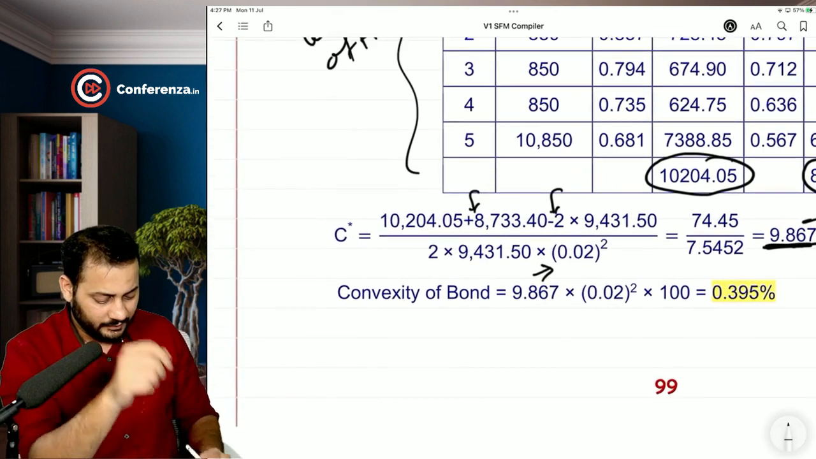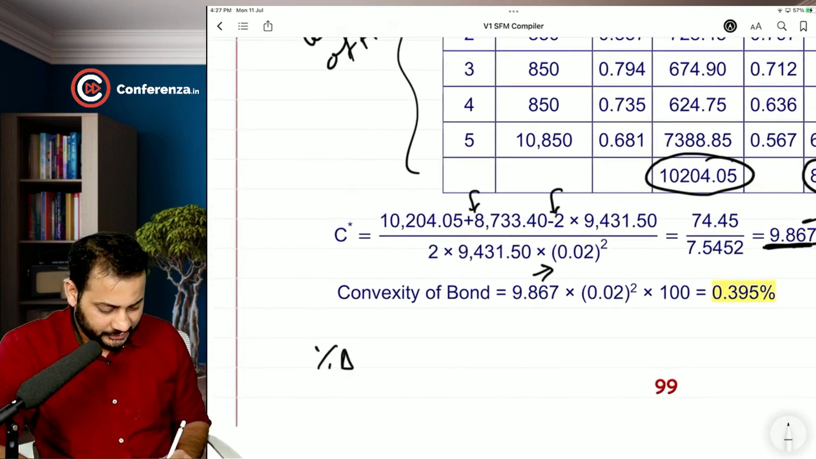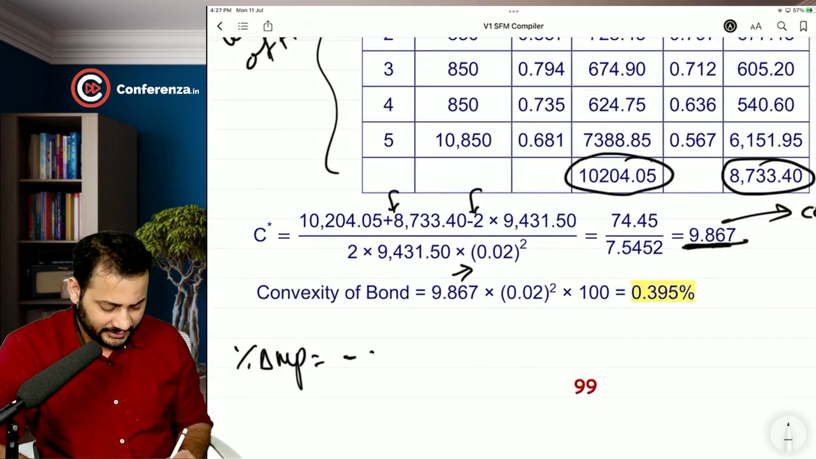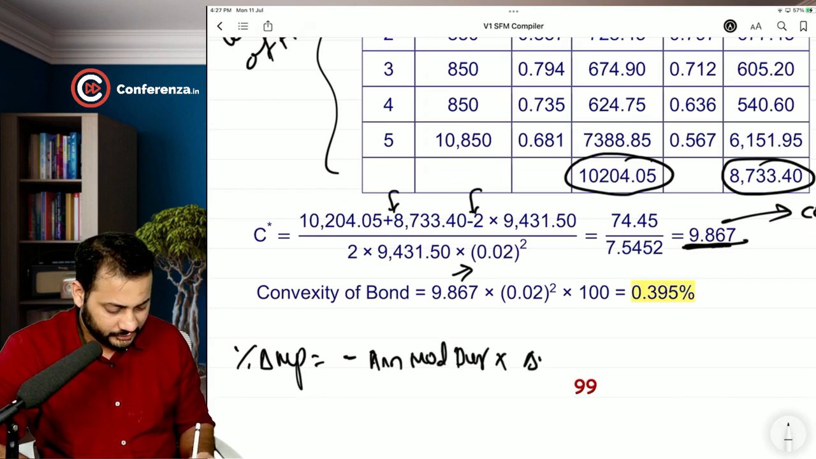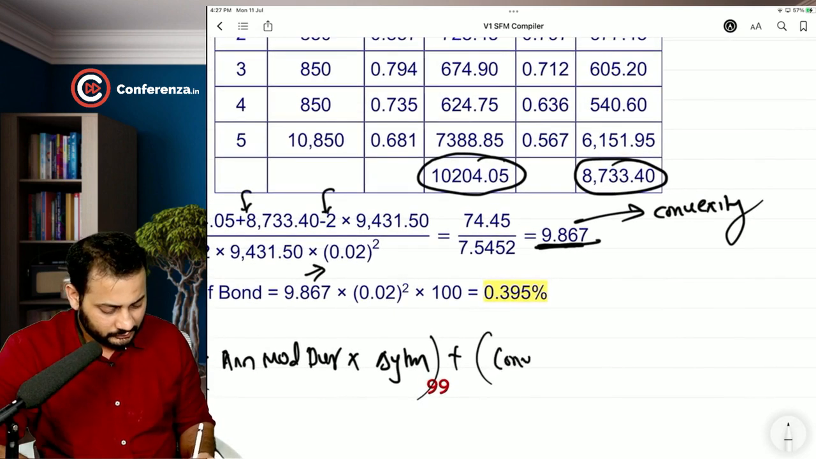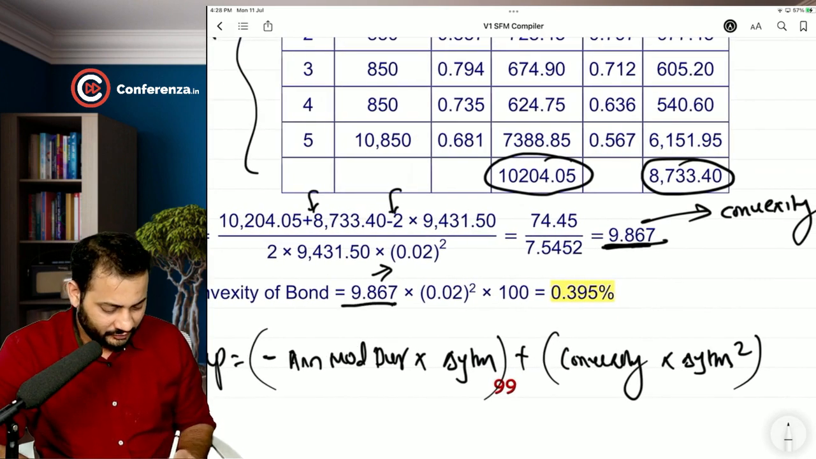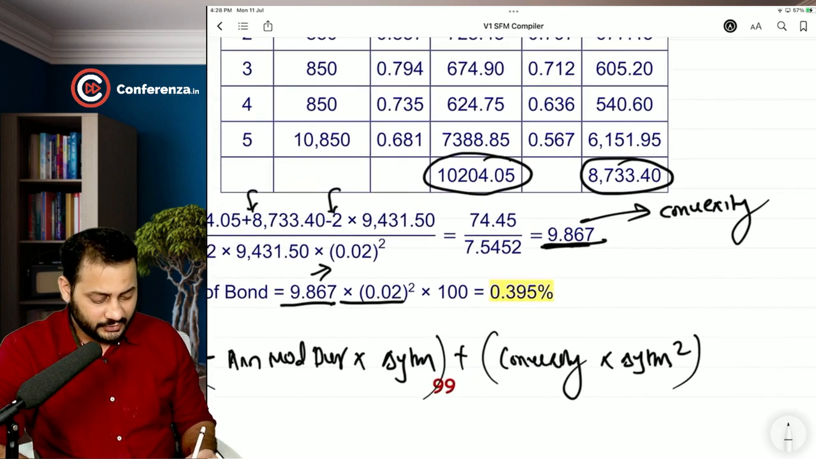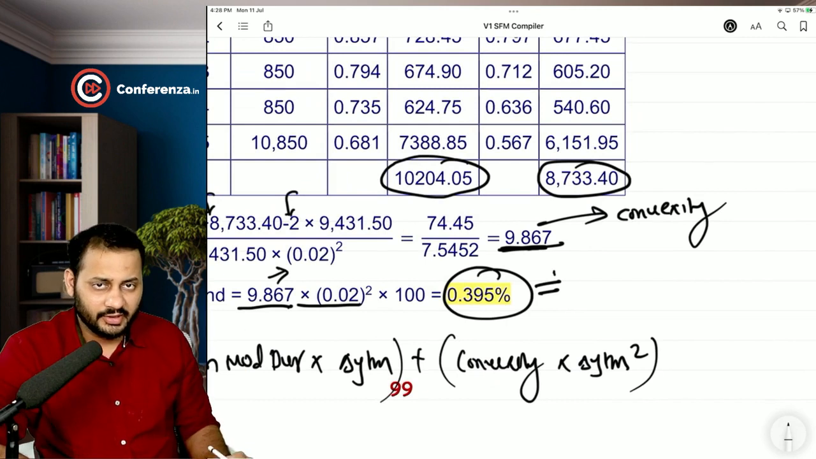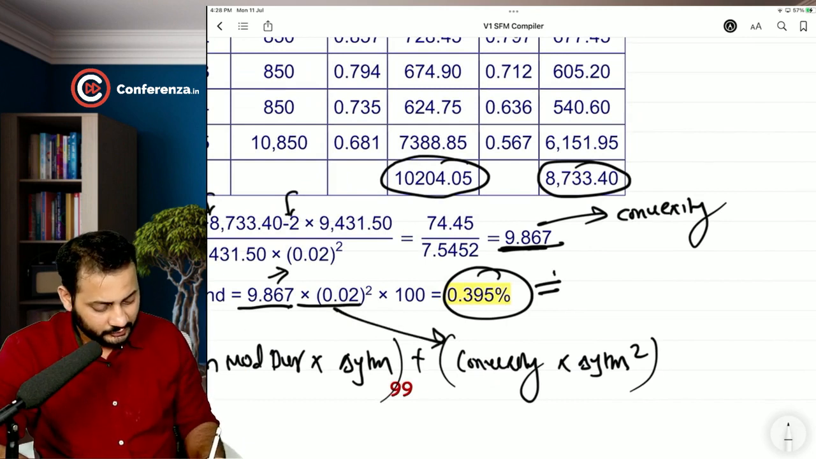Then if you will remember, the formula for percentage change in market price was: annual modified duration into change in YTM, plus convexity into change in YTM square. So this is convexity into change in YTM square, which means 0.395%. Just circle 0.395%